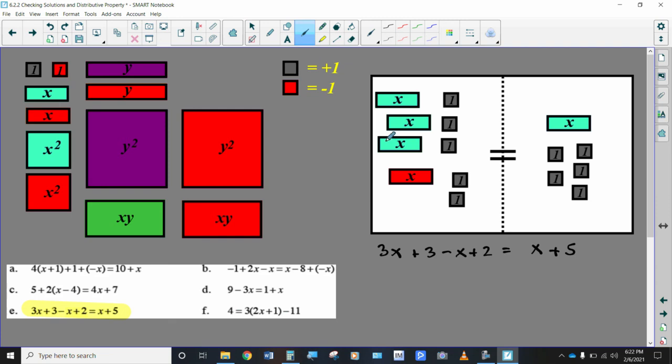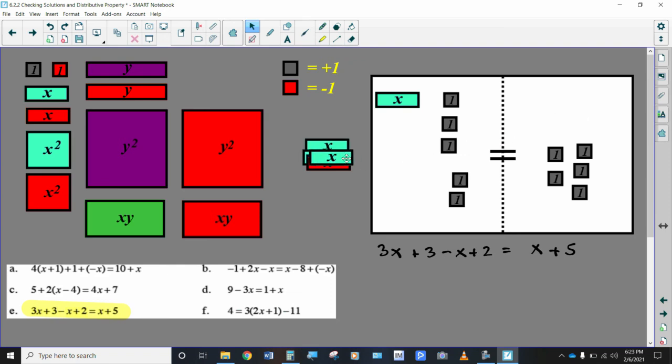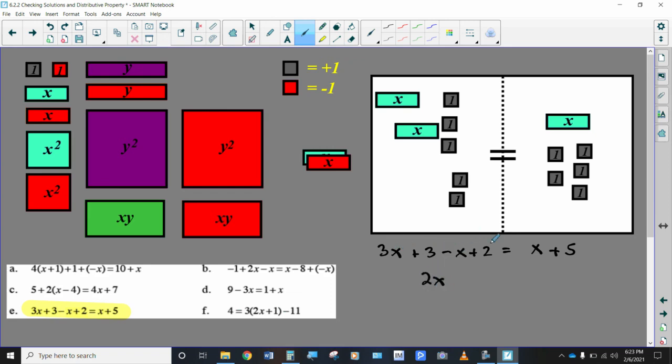On the left you've got 3 x's plus a 3 plus a negative x, or minus an x, plus 2, and on the right side you've got an x plus 5. So it looks like there's only one zero pair here. Let's remove balanced sets. Wait, I'm going too quickly. Let's show the work. First, 3x and a negative x makes 2 x's, and then the 3 plus the 2